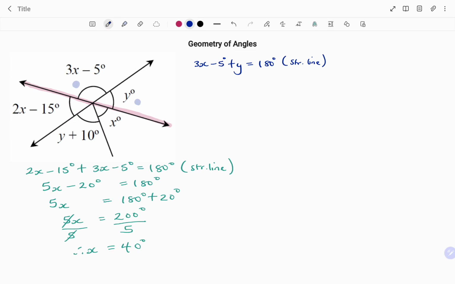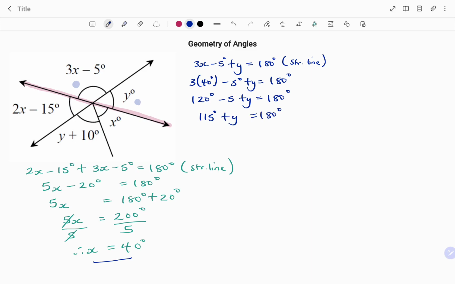Collecting like terms, I'm going to start by simplifying using the value of x, which is 40. I have 3 multiplying 40 degrees minus 5 degrees plus y equals 180 degrees. 120 minus 5 plus y equals 180 degrees. 115 degrees plus y equals 180 degrees. I'm going to move my 115 to the other side. I have 180 degrees minus 115 degrees. Therefore, the value of y